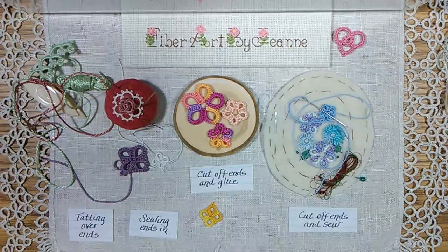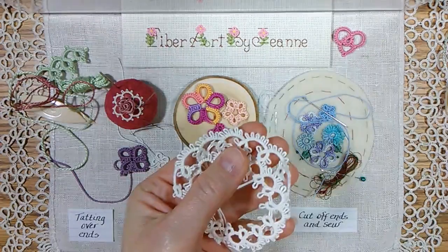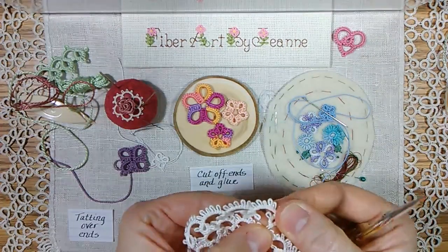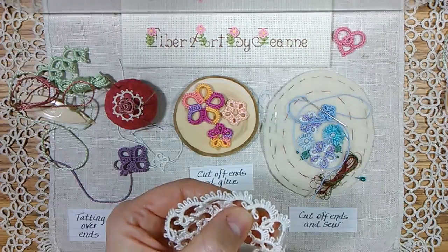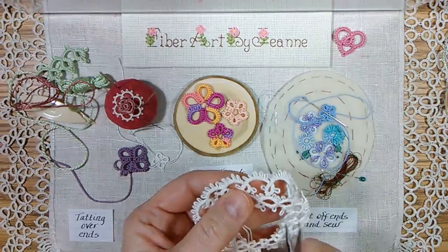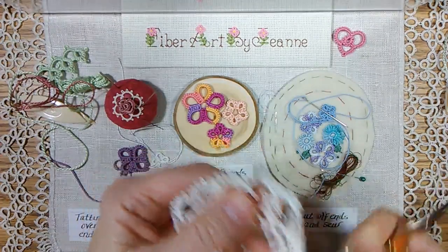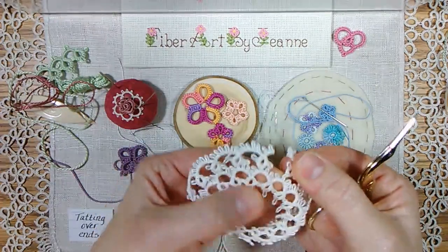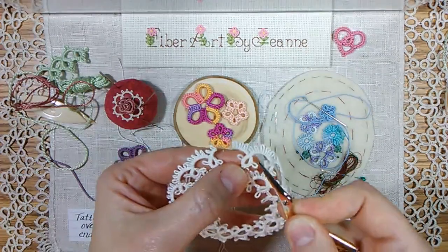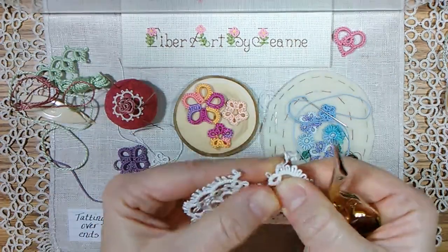I'm going to go back to the example of tatting over the ends. If you're going to cut off anywhere on tatting, it depends on if you have the choice where to cut. If you don't have the choice where to cut, okay, we're just going to cut this chain. Technically, what you have to do is unravel and get to a point where you can retat a ring. So we've cut that chain, and you can see the chains unravel rather easily